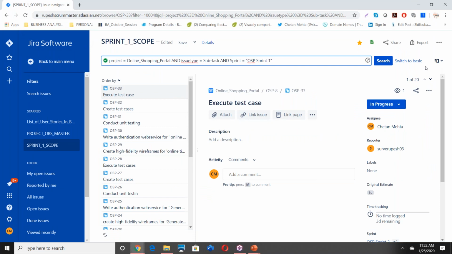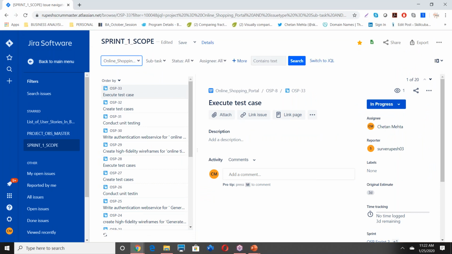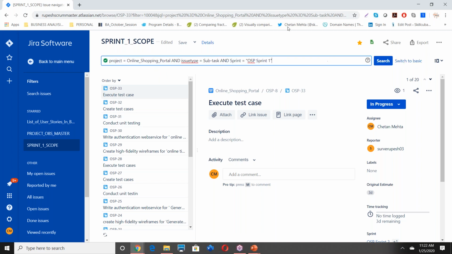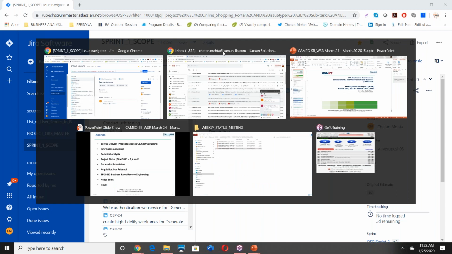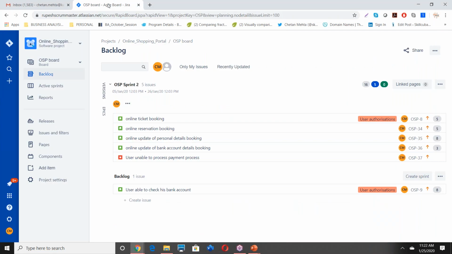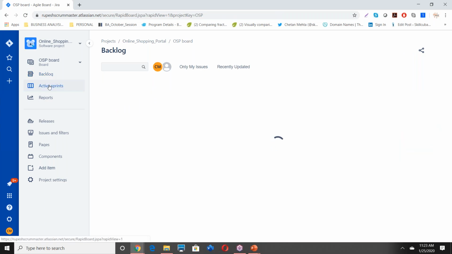See, there are two types of searches. One is a basic search, which is already provided by the tool, and one is advanced search, which is JQL, Jira Query Language. Now, to create those kind of reports, you may want to use advanced search. So let me go here and just open, what is the active sprint we have?